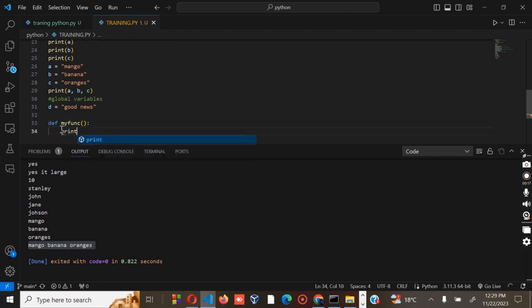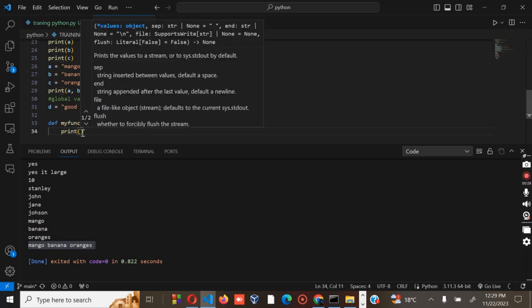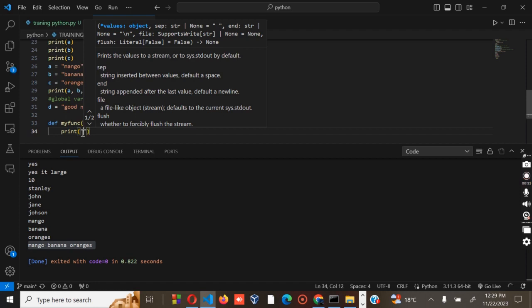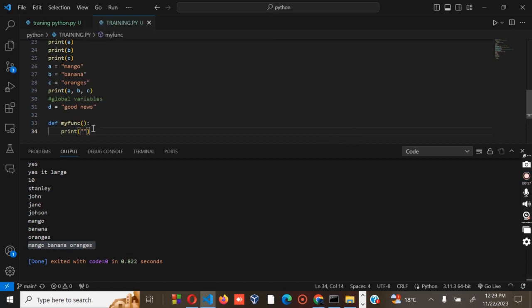Then you need to print. Remember, we are trying to combine this one with what we have in our function, and what we have in our function is learning Python.